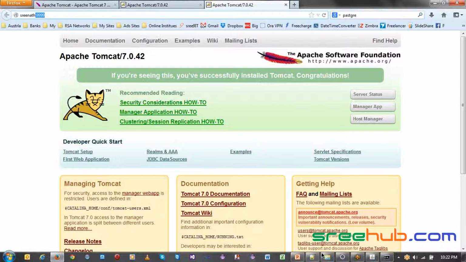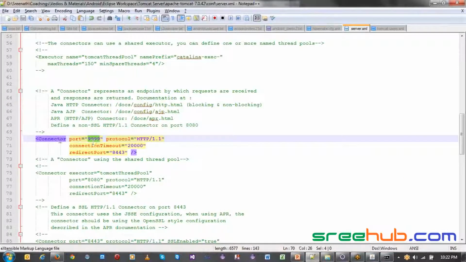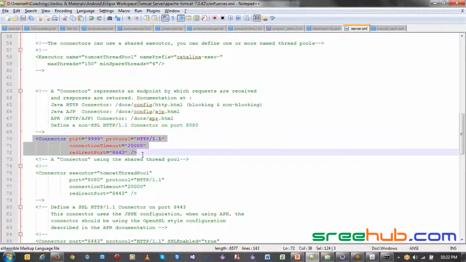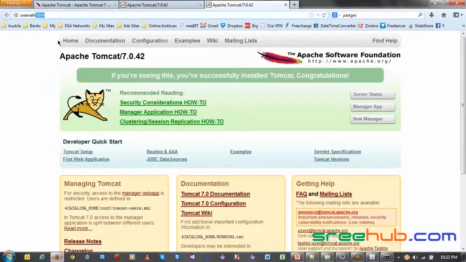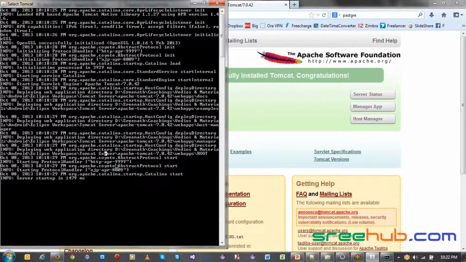But here, as we have mentioned a port that I want my site to run on, that's why it is running. Now I can't give my port as 80 because some of my applications are running on the same port. You can't use the same port for multiple applications. So when you open something, you can see my application is running on so and so port, which means you can't use the same port. Once you are using it, you can see my Tomcat is started and everything is running, which means this port will be locked.